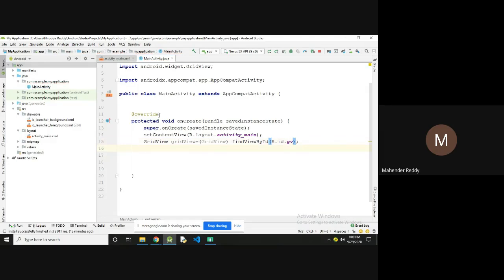Or else you can create a grid view object here, then use gridView equals findViewById directly.